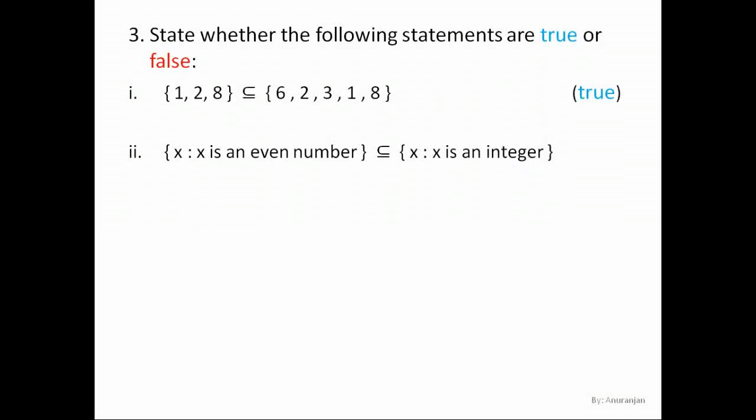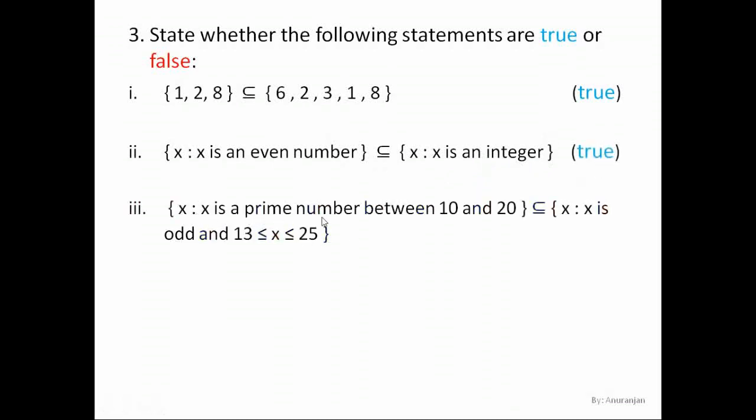So obviously it is going to include all the numbers present here. So we can say this is a subset of this set. So it is true. Next, {x such that x is a prime number between 10 and 20}